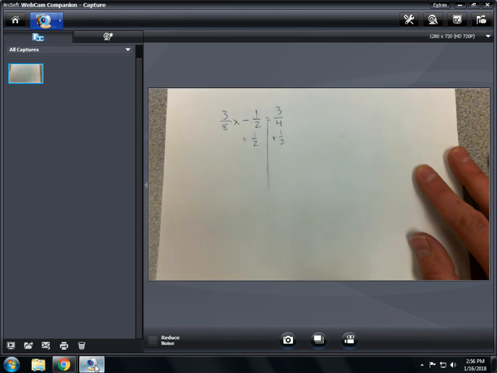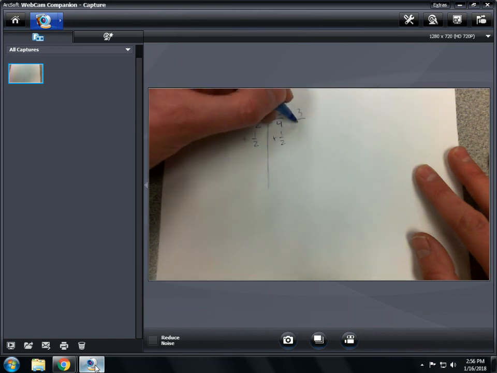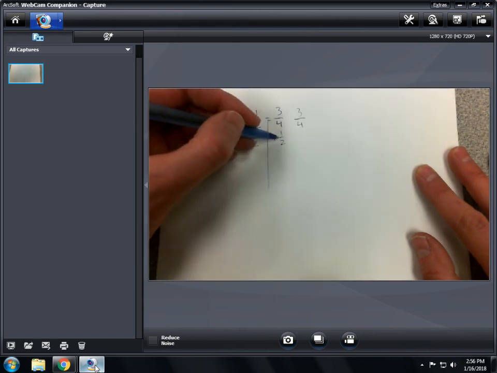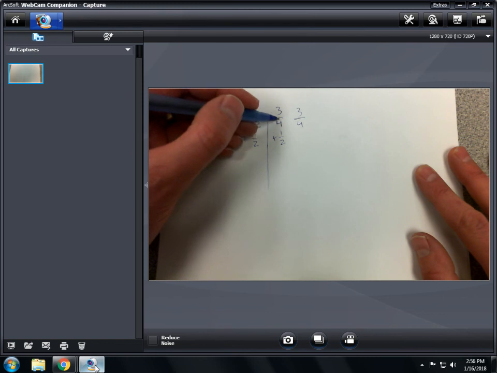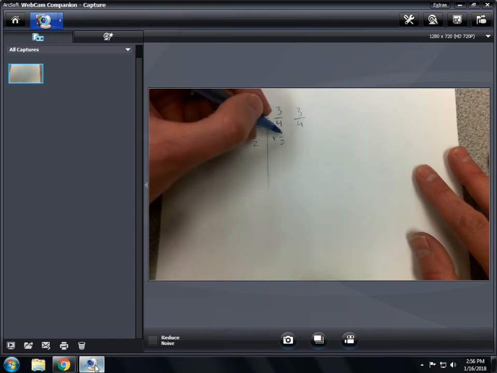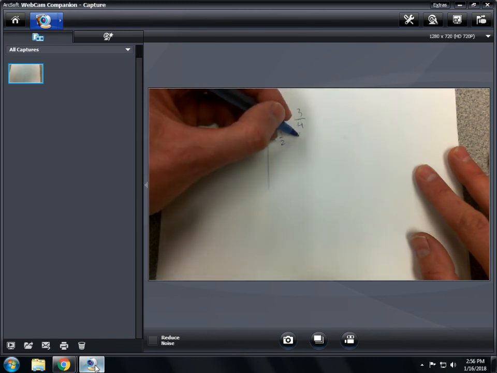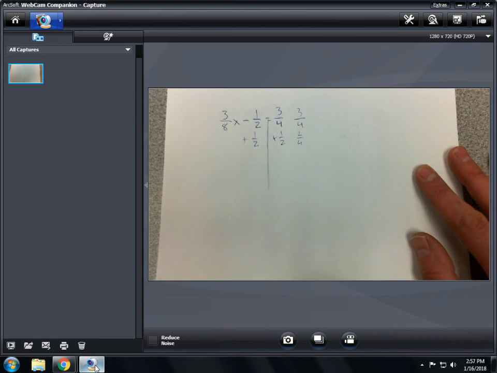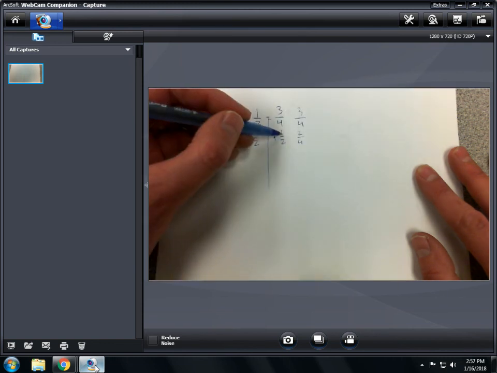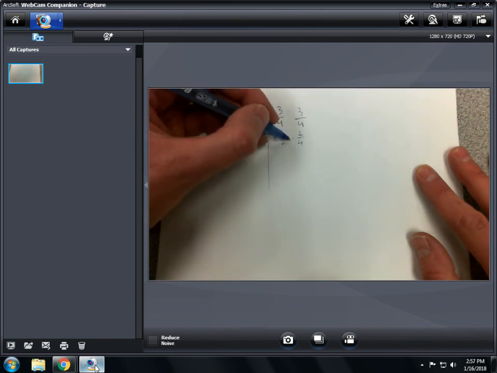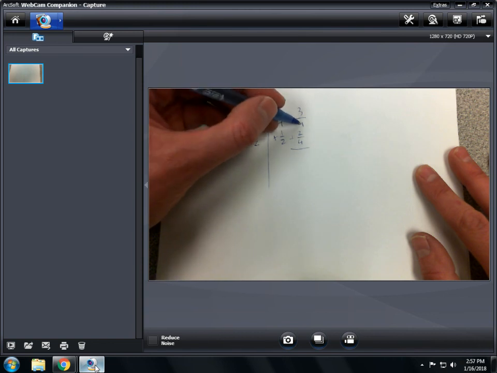3/4 plus 1/2. I need to get common denominators to add. I need a common label. So I've got fourths here and halves here, and that's not a common label. So I'm going to change 1/2 to 2/4. 2 divided by 4 is the same as 1 divided by 2. Now I can add them together. 3 of these plus 2 of these